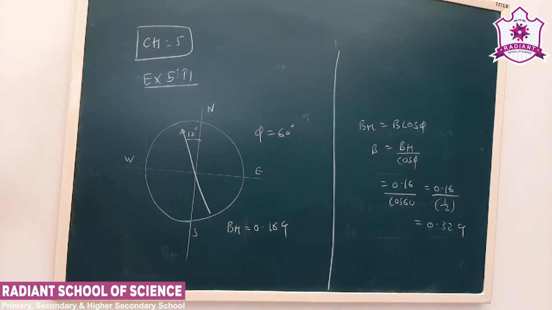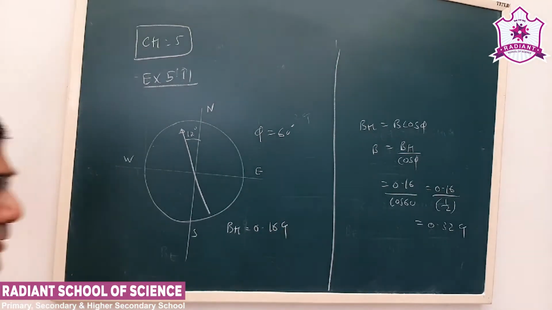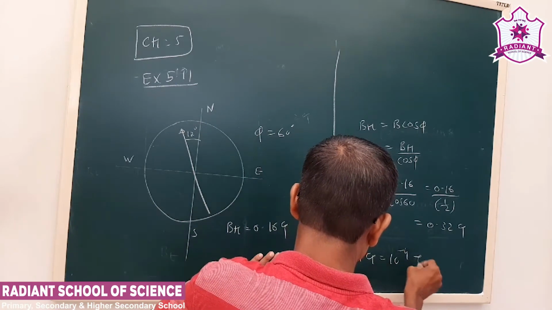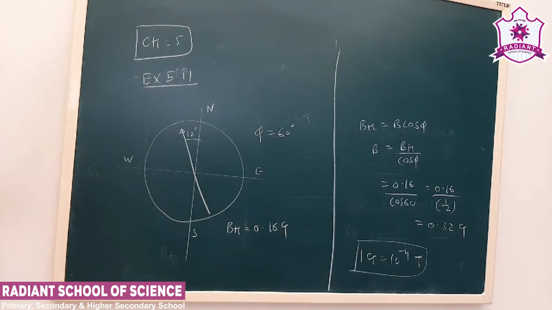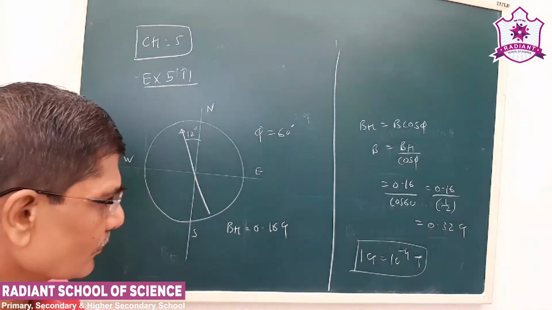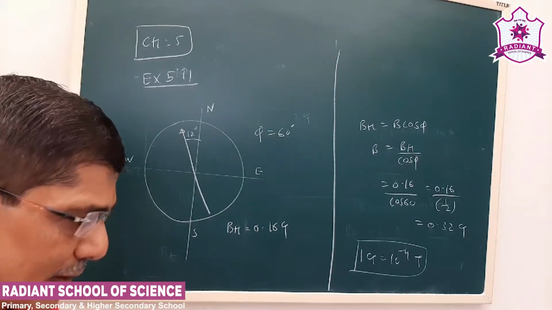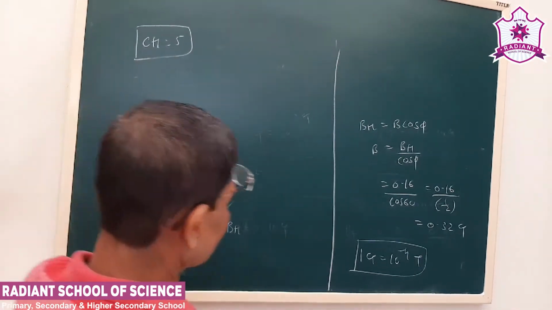Now see, remember, right now the value is in Gauss, so the final answer we keep in Gauss, but we have to keep in mind that 1 Gauss is 10 to the minus 4 Tesla. So whenever, suppose this is a very simple question, it can be asked in the MCQ also. So we have to keep in mind that 1 Gauss is 10 to the minus 4 Tesla. Okay, now this is exercise number 5.11. Okay, now next is exercise number 5.12.